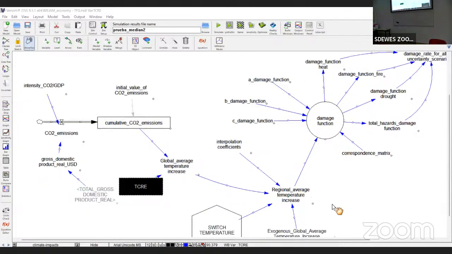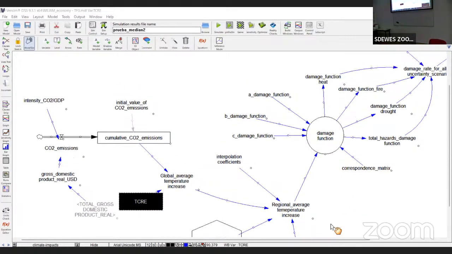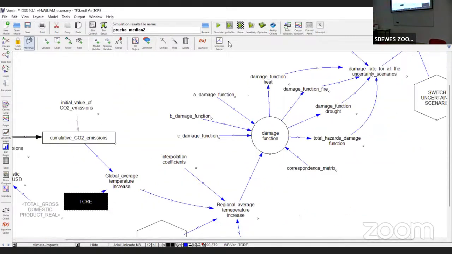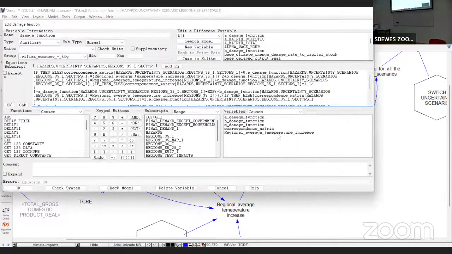And then we calculate the regional average temperature increase with a linear extrapolation with some coefficients that have been calculated in the scope of the LOCOMOTION model. And then we here modelize the damage function. We have damage functions for